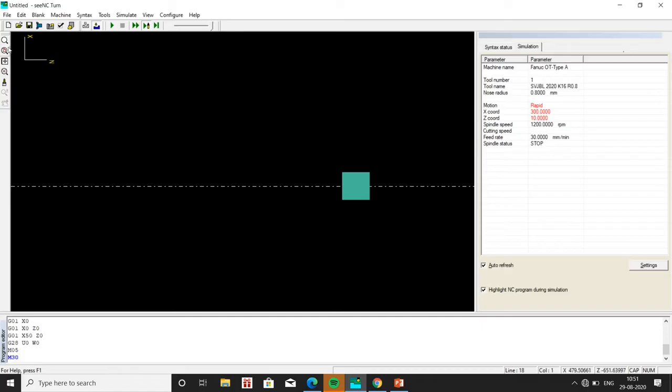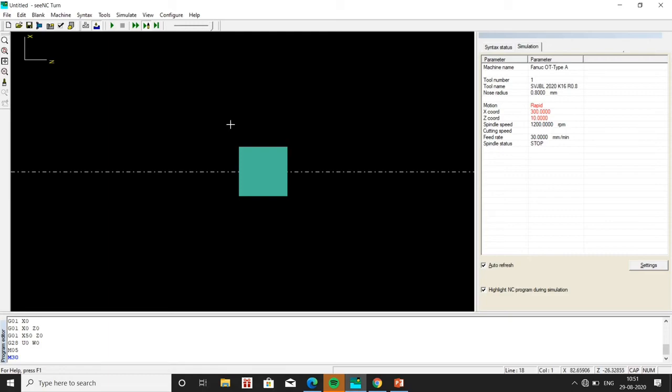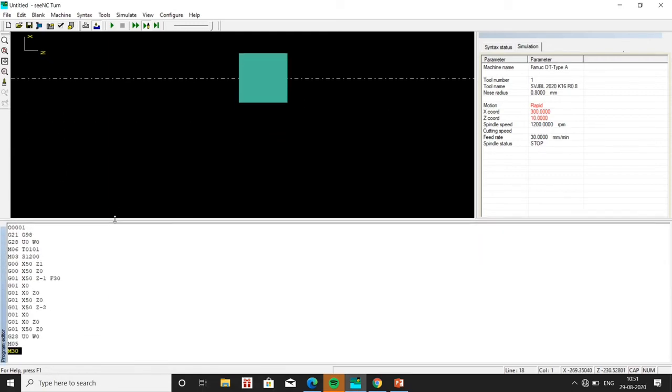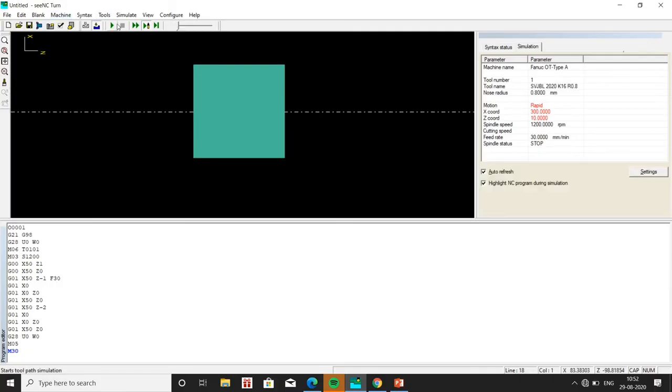Okay, let me now zoom so that it will be visible for us. So let me drag the table. This is to control the speed of program execution. So let me play.